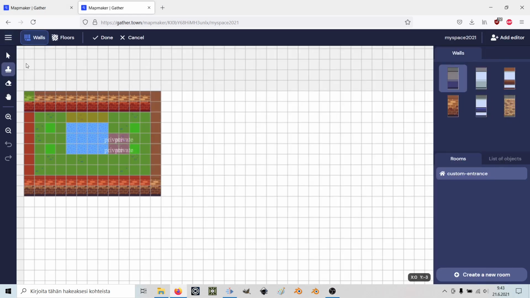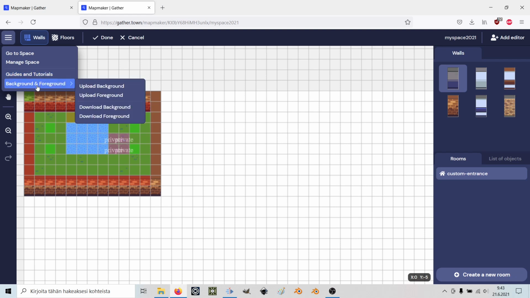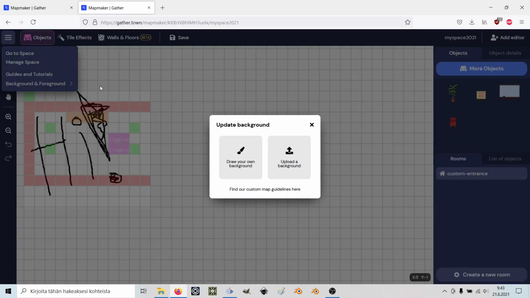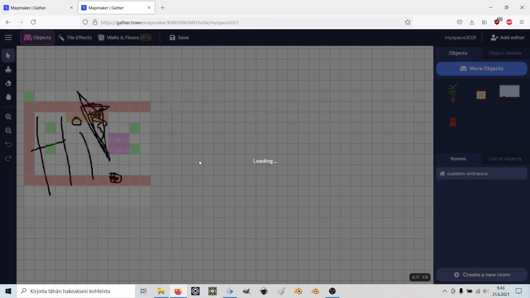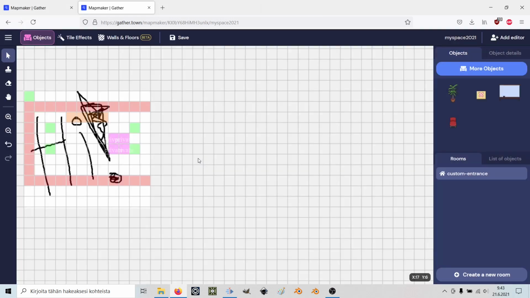All right, let's go over some of the tools here. So if you go to this hamburger menu, you can switch spaces, access guides and tutorials, or have a custom image as your background or foreground. So if I'm going to upload background, I could click here, upload a background, and choose an image. And it's going to use this image now as my background, so it's going to override all the tiles I drew